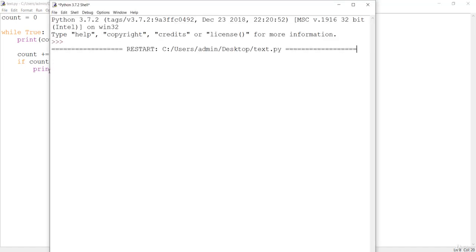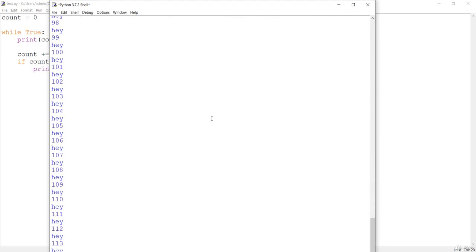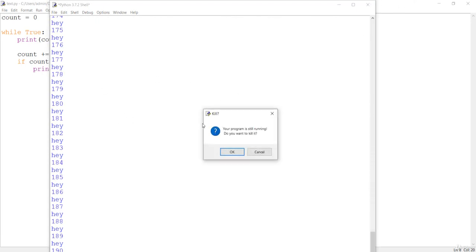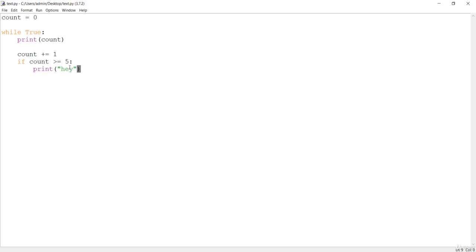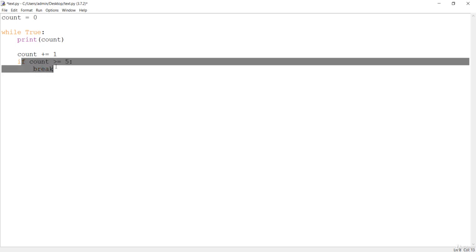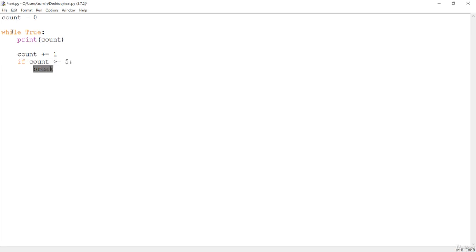Let's save this, press F5, and it is going to execute infinite times again, because we don't have any condition that will terminate this loop. That is going to be done by our break statement. If this condition becomes true, then the break statement will be executed. So this is the way to terminate out of this infinite loop using break.